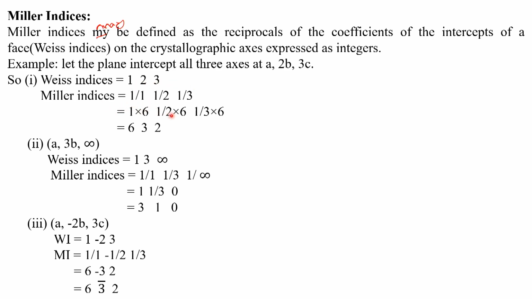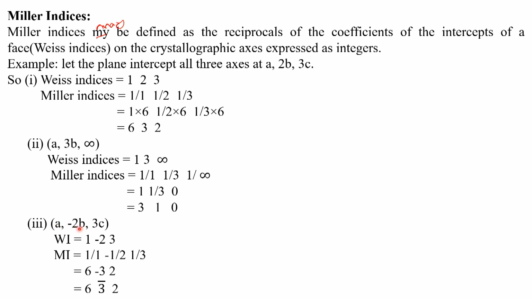So if we multiply it by 6, we get 6 is to 3 is to 2. Second is a, 3b and infinity, so the Weiss indices are 1, 3 and infinity. So the Miller indices are 1 by 1, 1 by 3 and 1 by infinity, so we get 1, 1 by 3 and 0, so we get 3 is to 1 is to 0. Okay. Similarly,